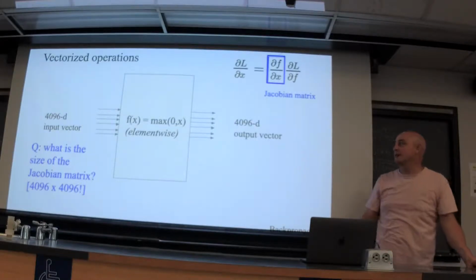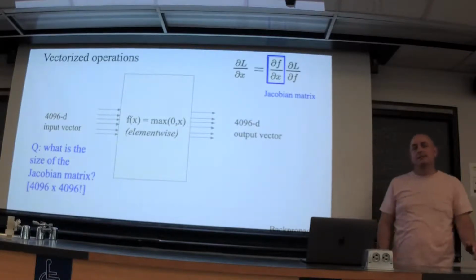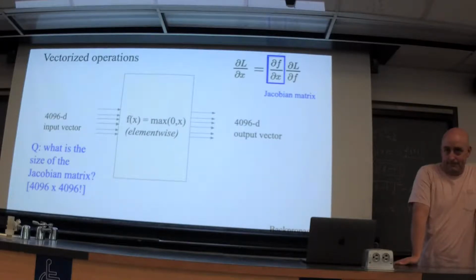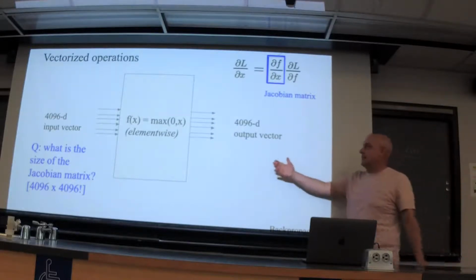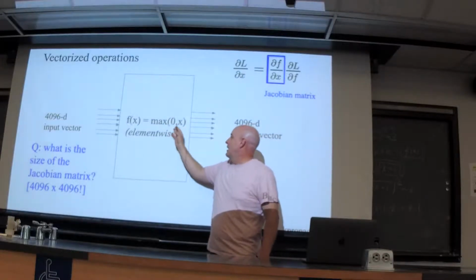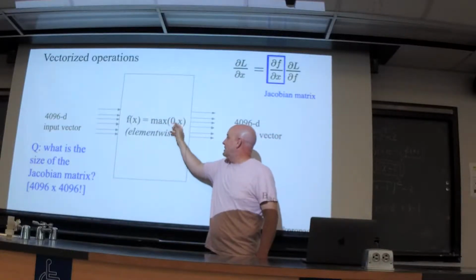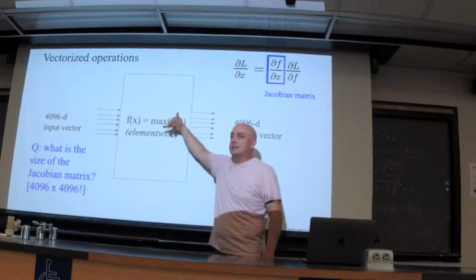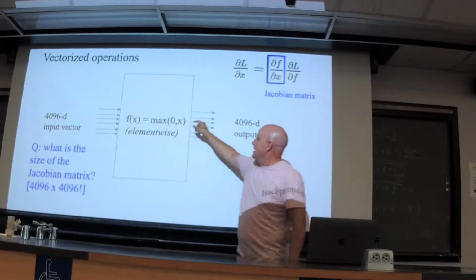Yeah, it's a diagonal matrix. Why is it a diagonal matrix? Because it maps one to each edge. Yeah, the fact this is element-wise, and it's just max of the input with a constant, just means that at any one of these, let's say